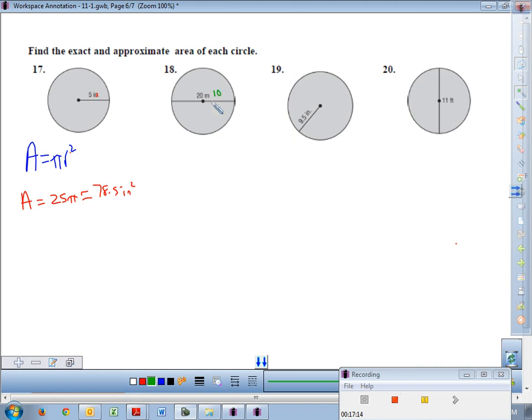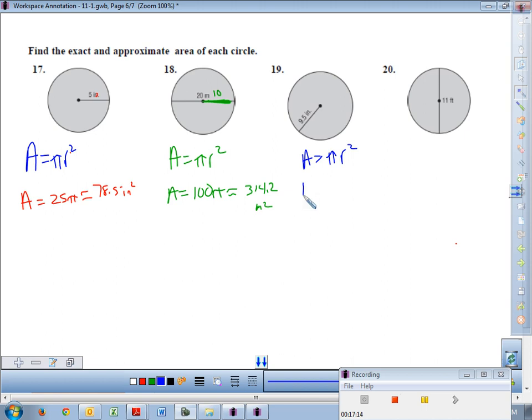Radius is 10, though, in this one, because they gave you the whole diameter. So start with the formula. Then square the radius, get 100, and stick a pi with it. And then approximate that. That'd be 314.2 meters squared, approximately. This one, not so easy, because 9.5 is a decimal, but you still start with the formula,